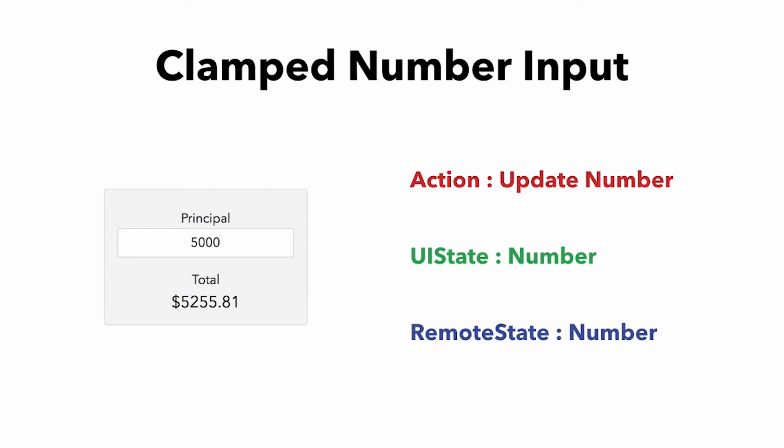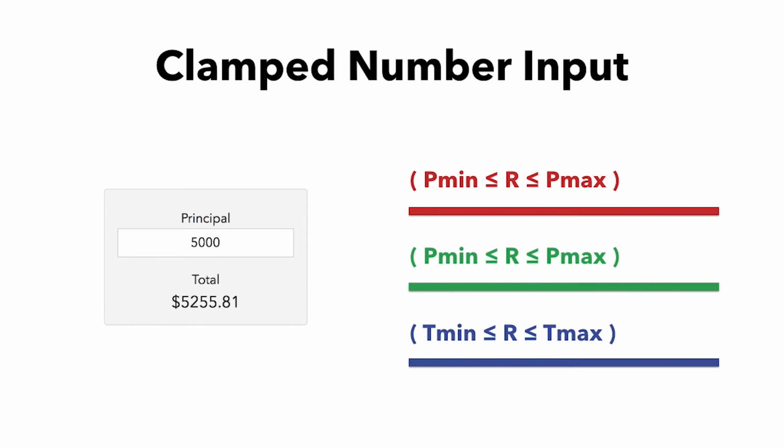This is one where we're going to set the upper and lower bound and not allow the state to move out of that. So here we've got actions which are going to be between our lower principal and our upper principal, and then our UI state is going to be about the same. And you can see roughly that, I fudged a little bit here, again, hand wavy, that the blue is about the same, right? We're going again between this min and max of the real numbers. Now, on the surface, this looks like it's going to solve our problem, right? But